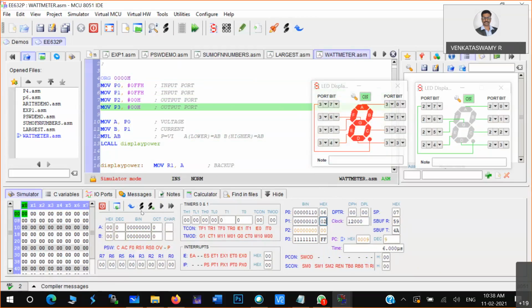Then I'll start the program. A is loaded with 0, 6, B loaded with 0, 2. Multiplication will lead to 1C. 1C is also one digit. So I want a bigger number. I want the second digit also. So I'll just use 0, 3.